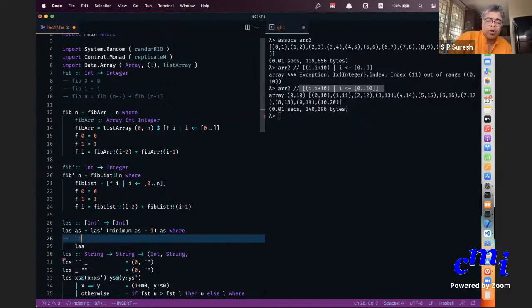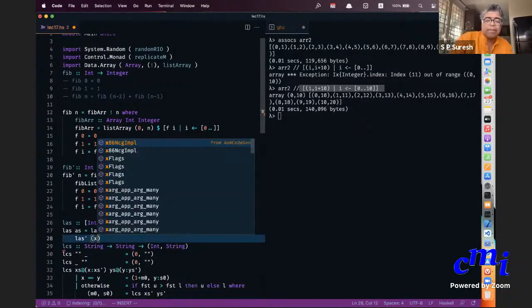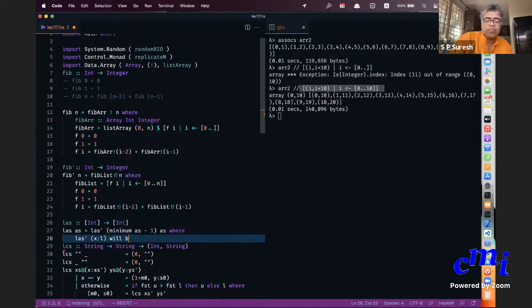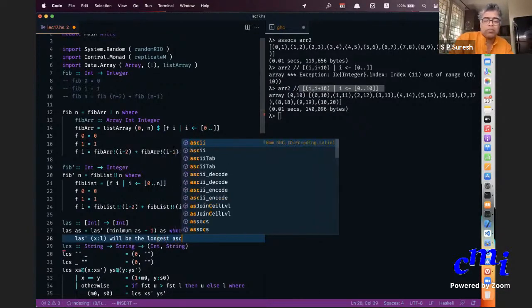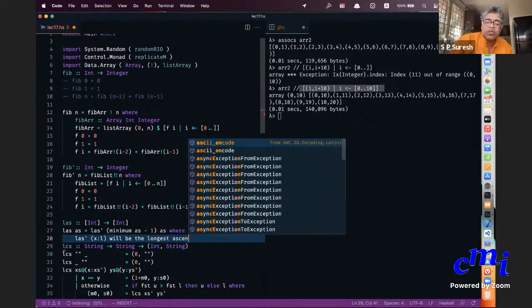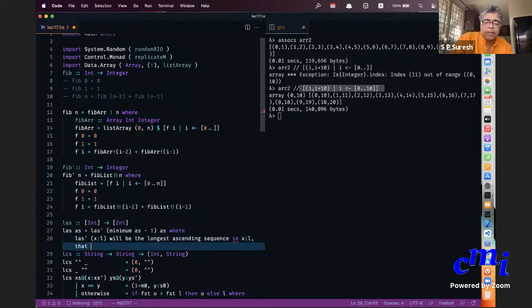LAS prime of x followed by L will be the longest ascending sequence in x colon L that definitely contains x.